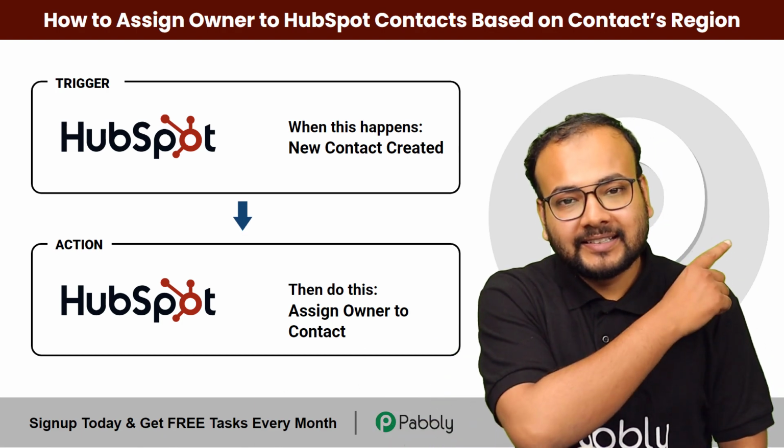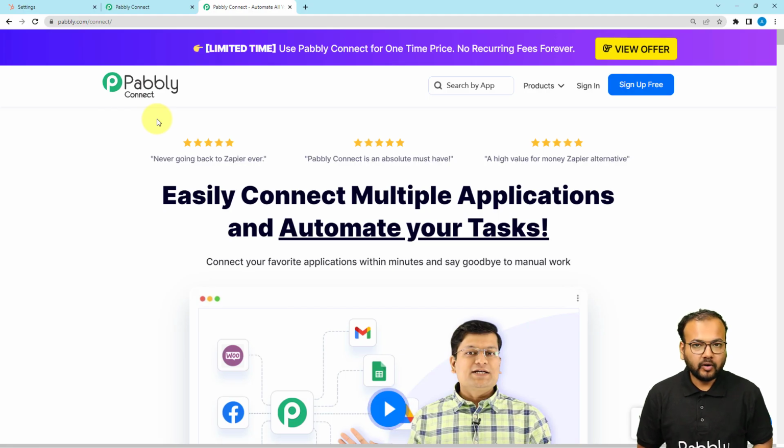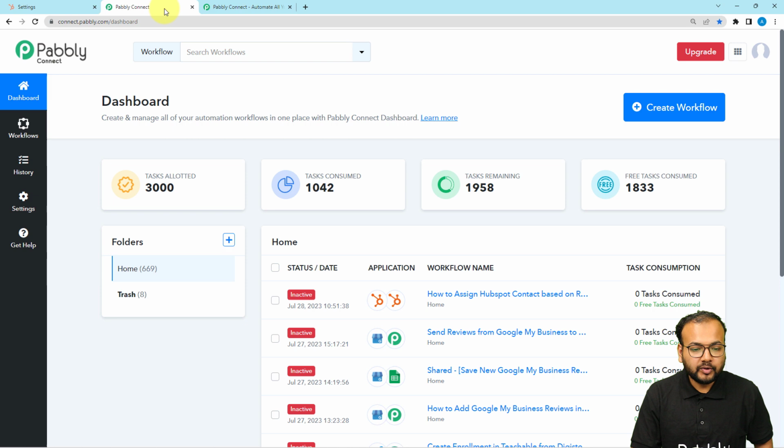Let's begin. To set up the workflow of our automation, we are using Pabbly Connect, which is an integration and automation tool. And you can reach this page from the link given in the description. And from here, you can sign up for free and you will get free automation tasks every month. So guys, you can just sign up right now from the given link and then sign in to reach the